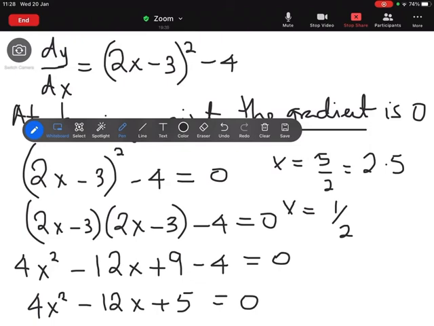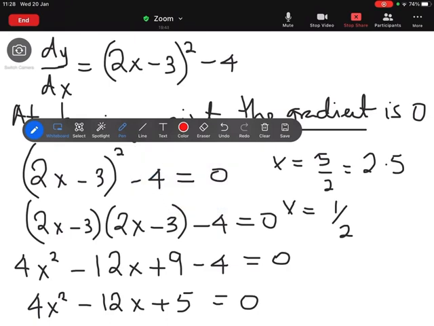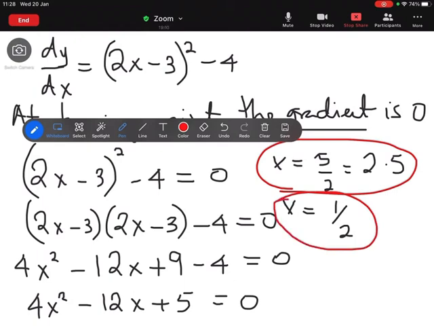What does this mean? This means that we have two turning points. The first turning point is where x equals 2.5, and the second one is where x equals a half. Now, at both points, we are expected to find out which of the two is